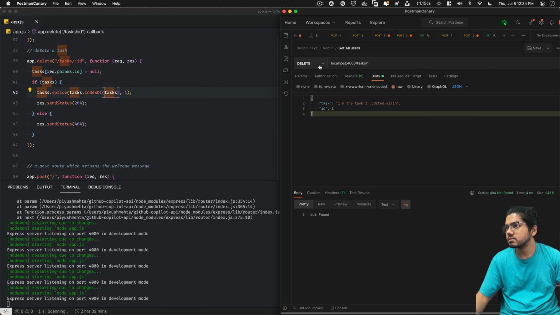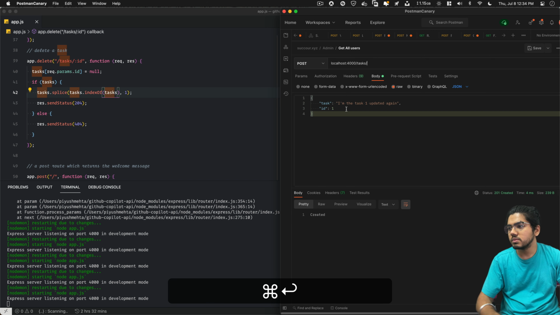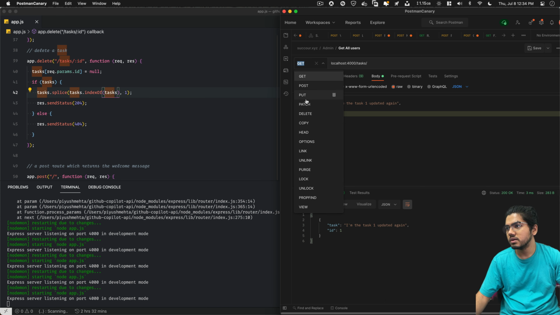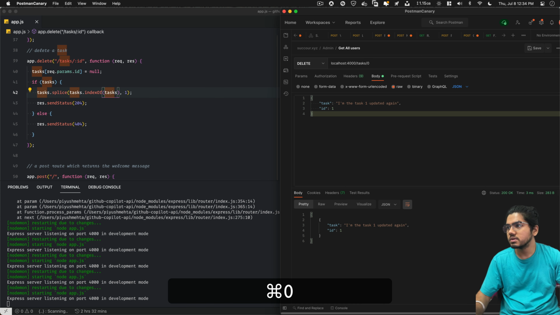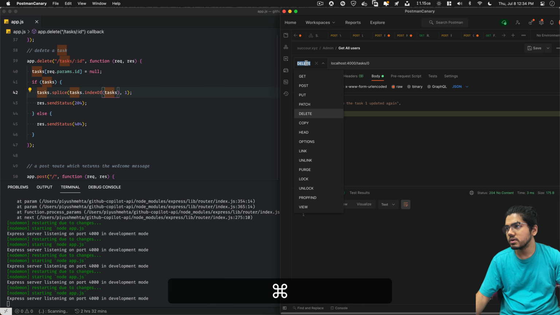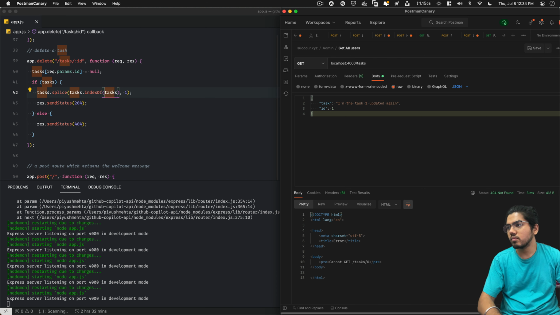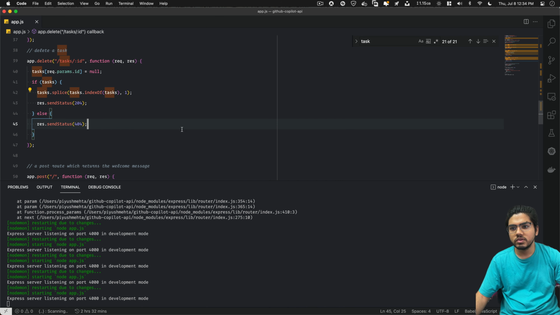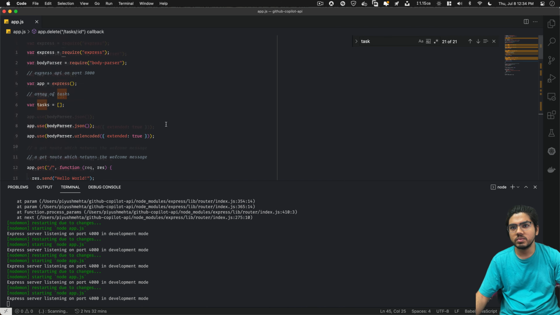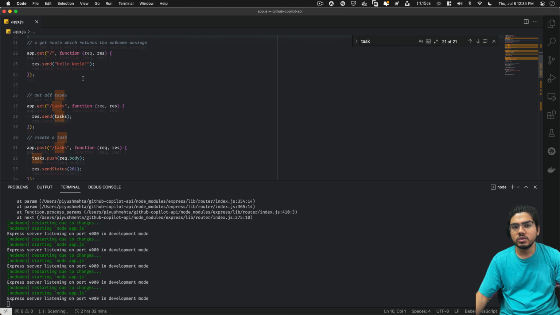Let's see. You won't be having any task right now. Let's create it again. Task 1 updated again. We have task 1 created again. Let's delete it. Task 1 which is 0. So it's showing empty. Let's see. So it's empty again. So we can see our whole CRUD app is working properly, and that too made by